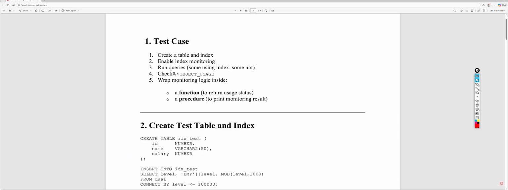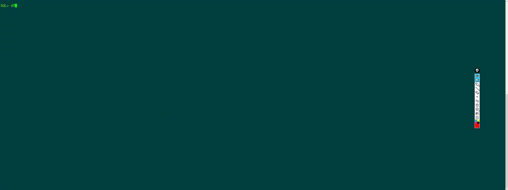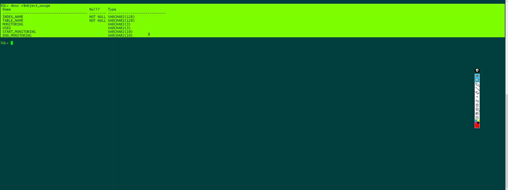So we have a view called $object usage, okay, in the database. So this view is often not used, okay, because, as I already mentioned, this is not a mandatory task like other tasks that you do as a DBA, like monitoring or installing, patching, upgrading, or creating users, exporting, importing. So all these are regular tasks that you do, right? But once in a month you can also include this task,